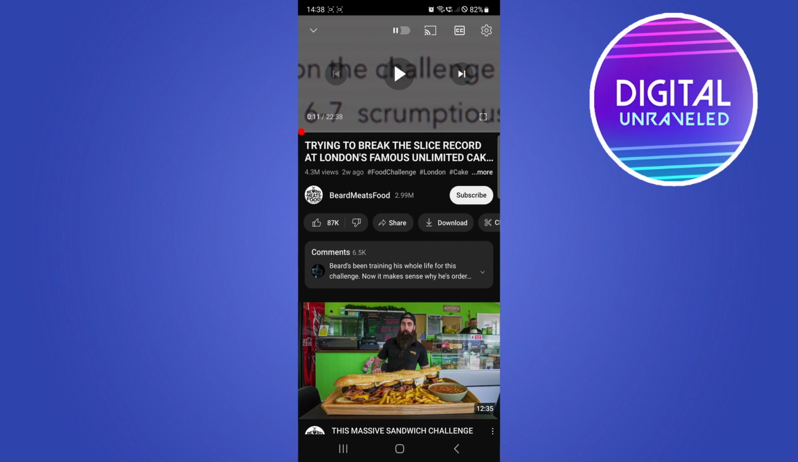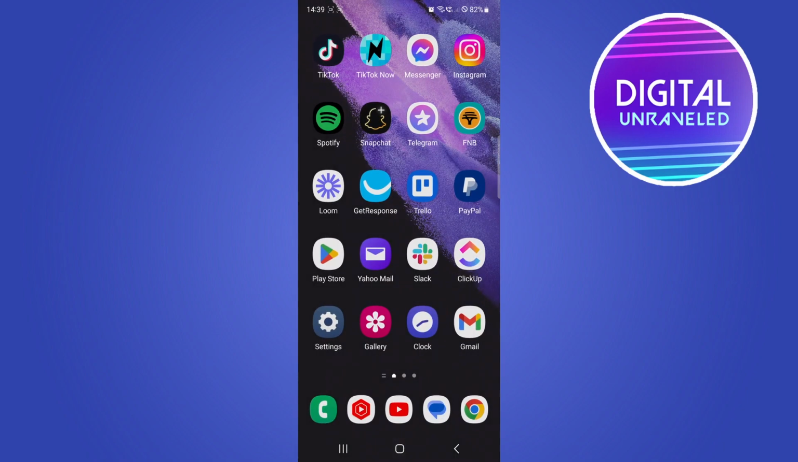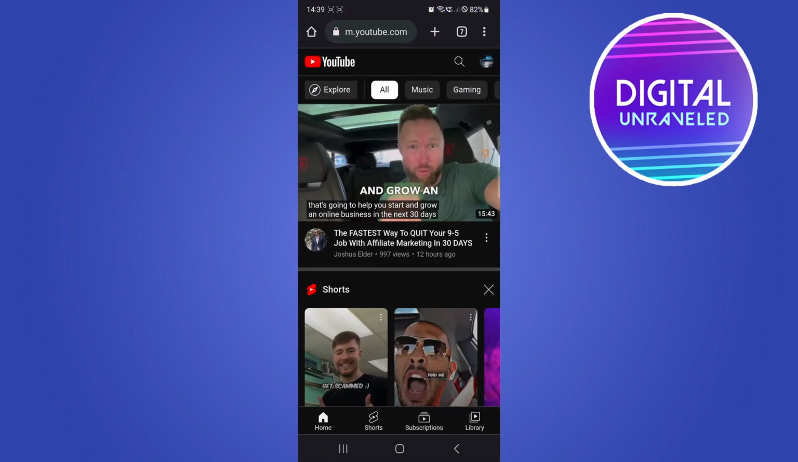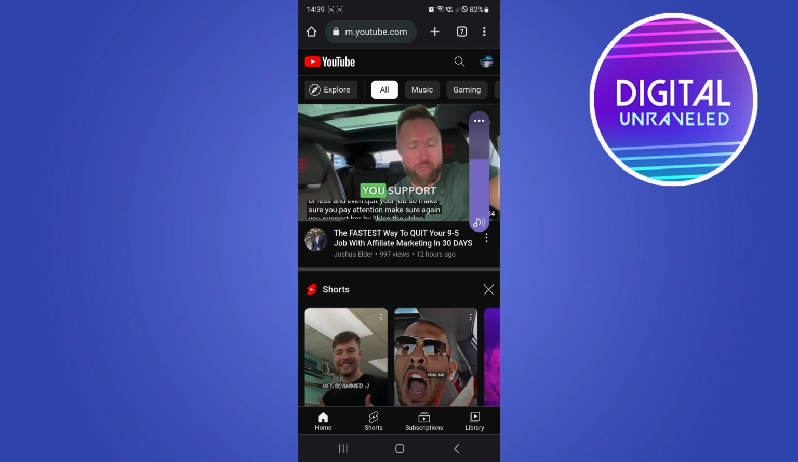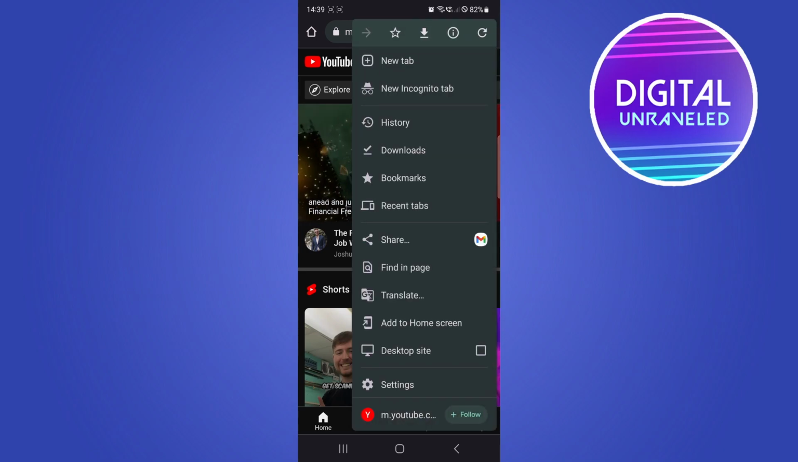And then another way is if you hop out of the actual YouTube app and then go onto YouTube in your Chrome browser or any browser, what you can do is let me put the sound back up so you can see that this works. So the volume is back up. Then just hit the three vertical dots at the top right hand corner,